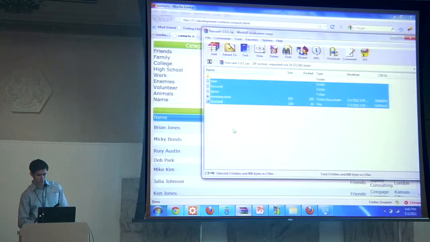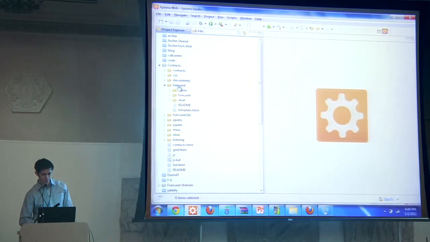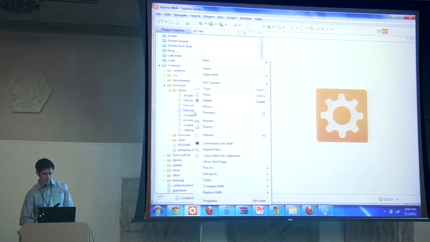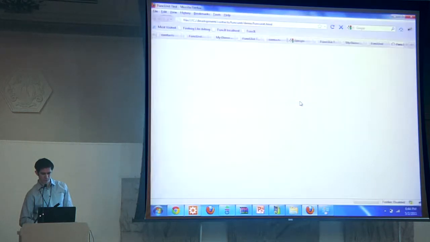So the first thing you do when you download FuncUnit is you can copy all these files into a FuncUnit directory in your application. So I've got this FuncUnit folder right here, and I copied everything in there. It comes with this little demo app. So if we open that up, in the demo app, there's your application page right here, and then a FuncUnit page. So if you open the FuncUnit page in your browser,